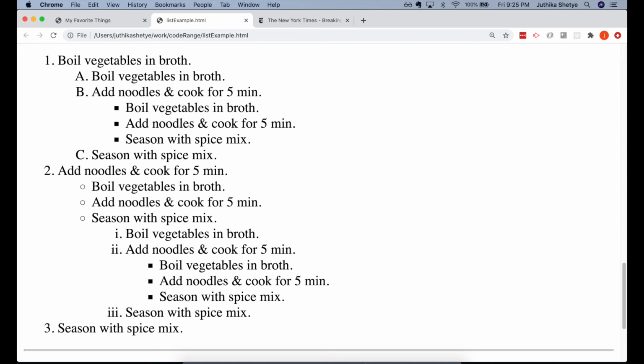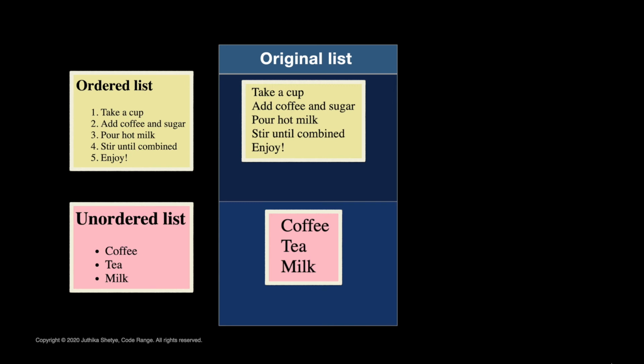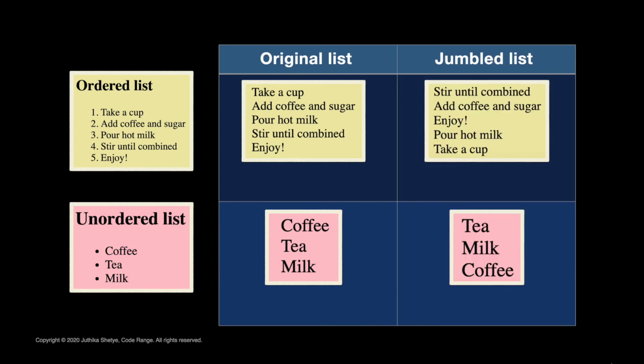Just like unordered lists, you can also deeply nest ordered lists. Moreover, the nested lists may alternate between OL and UL elements without any restriction. The OL and UL elements both represent a list of items. The only difference is that with the OL element, the order is meaningful. To determine which list to use, try changing the order of the list items. If the meaning changes, use the OL element. Otherwise, you can use the UL element.